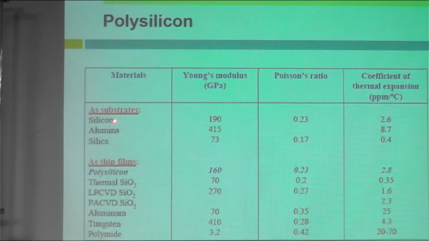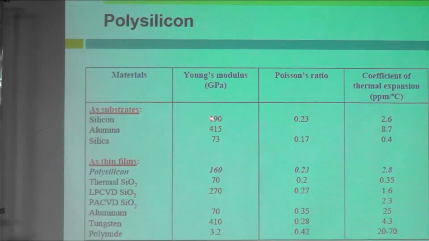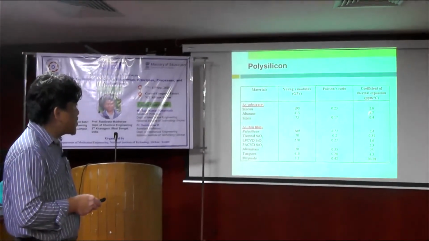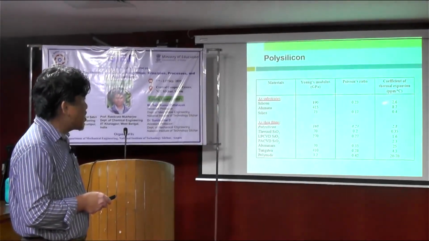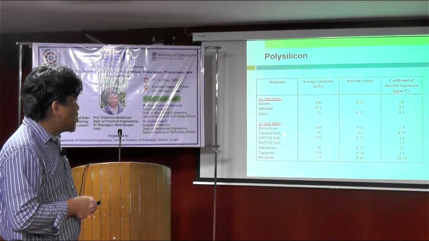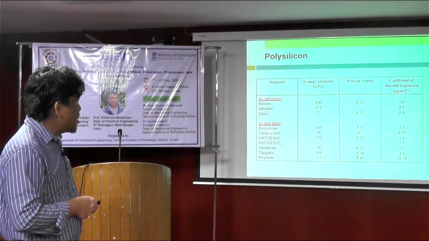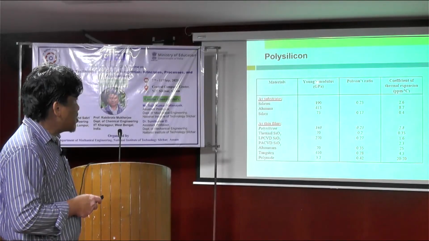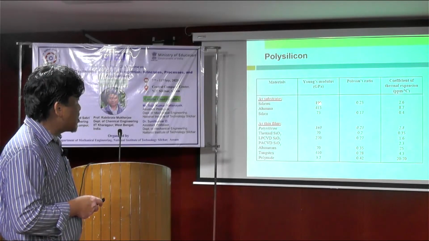And see here, polysilicon properties in comparison with alumina and silica. You have quite reasonable Young's modulus, and the coefficient of thermal expansion is very low in comparison with alumina, for example. And for polysilicon, you have 160 in comparison with silicon 190,